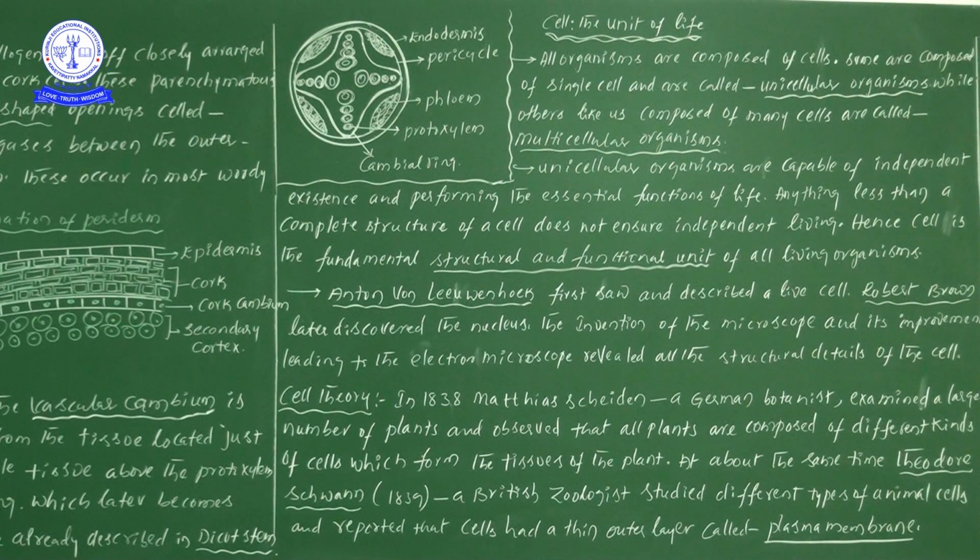So they have given information regarding the invention of the microscope. Once the invention of the microscope started, from that time onwards our biology studies improved. Nowadays we are observing all kinds of structural details under the electron microscope. That is some more information they have given. Now the most important information starts from here onwards.